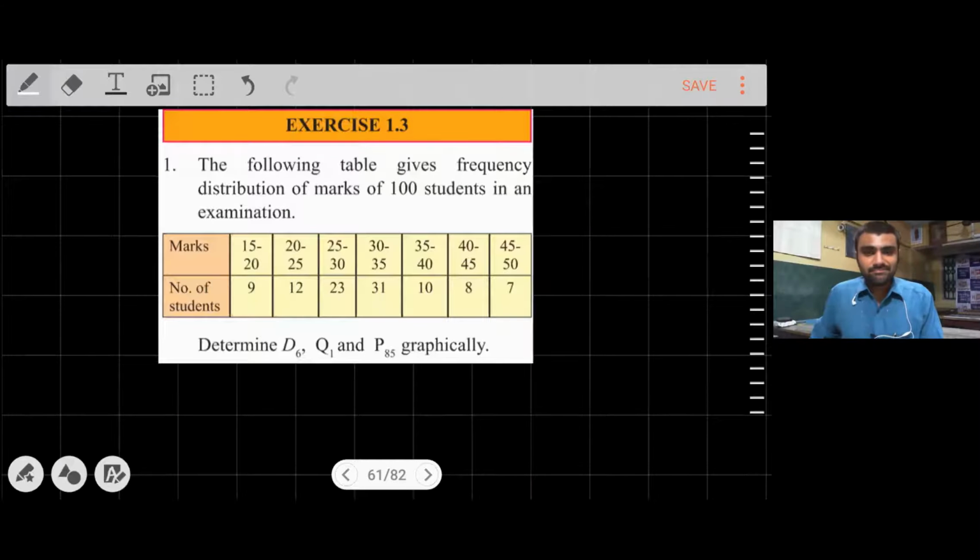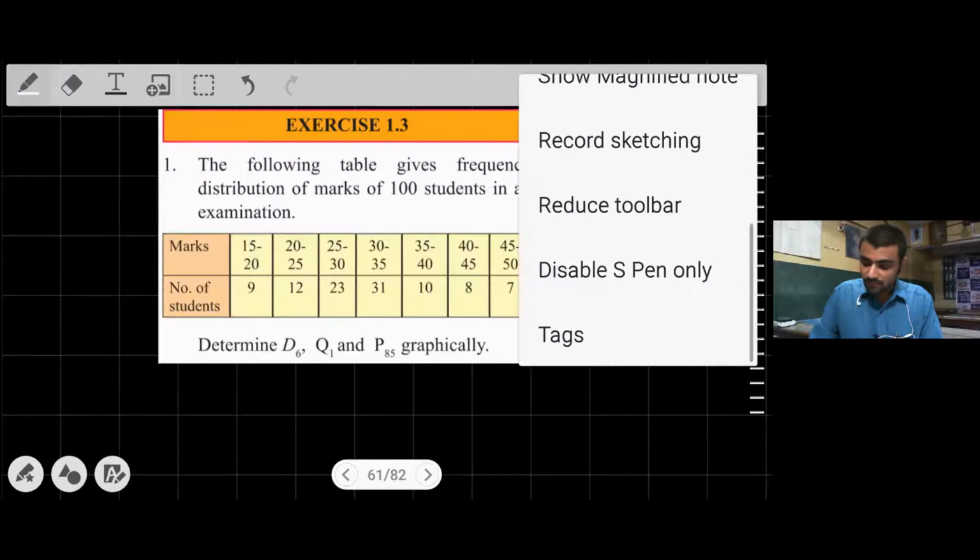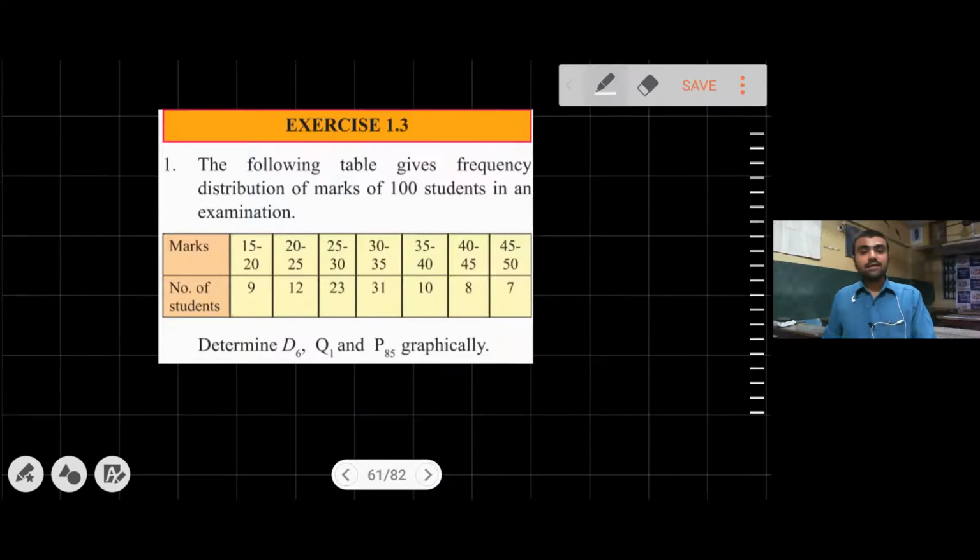Hello friends, in today's lecture we are going to begin with our final exercise, and in that they have asked all these questions about graphical representation. Students, we have seen in the last 3 lectures about graphs and how we represent our partition values in this particular graph, and specifically we have seen